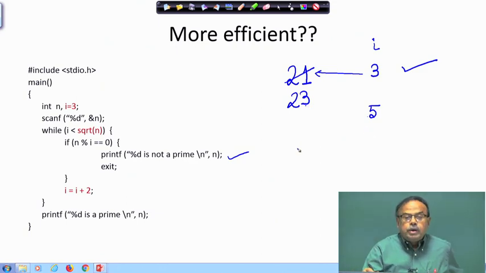What is the square root of 23? It should be 4 point something. So, again quickly I am coming to the point where I can see that it is not divisible. So, by using this small technique, I can make it a little faster. The number of checks will be much more reduced.